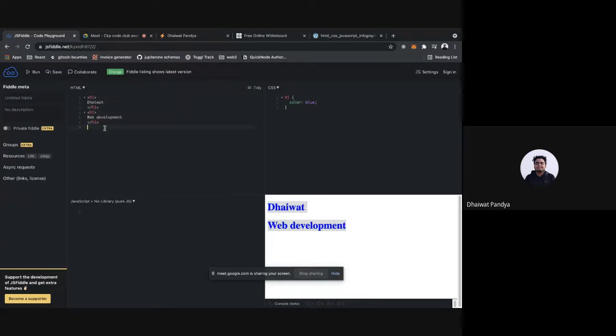Here I am telling the browser that I want two headings, and this is where I'm telling the browser how I want them to look. So these two things combine together and make the website look actually good.